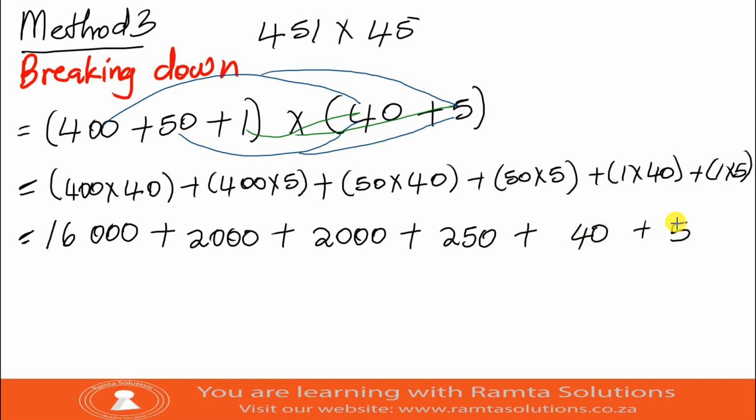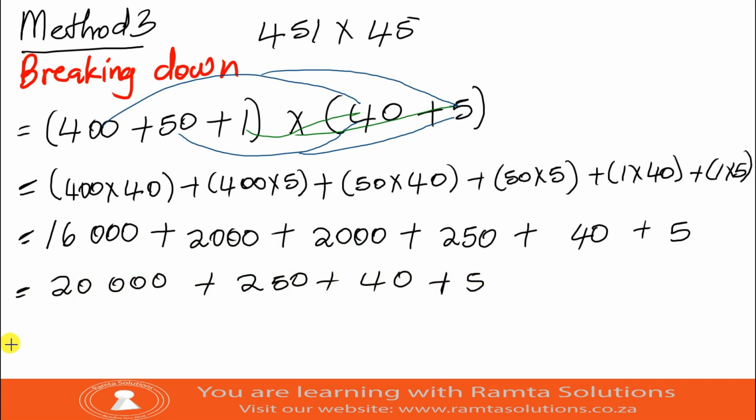Okay? So I see here we have thousands. Let's try to add them together to simplify our workings. 16 thousands plus 2,000 plus 2,000 will be 20,000. Right? It will be 20,000 plus, what are we left with? 250 plus 40 plus 5. So what do we have? We don't have any other thousand, so this is